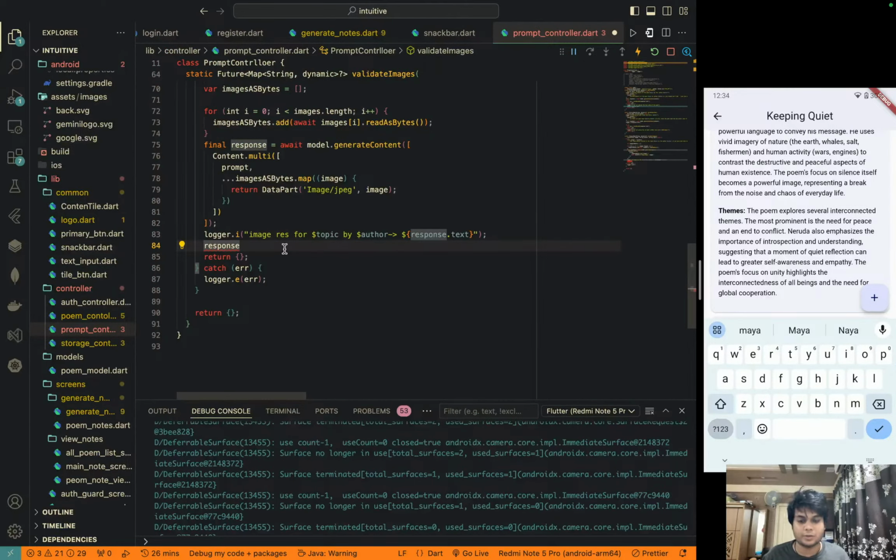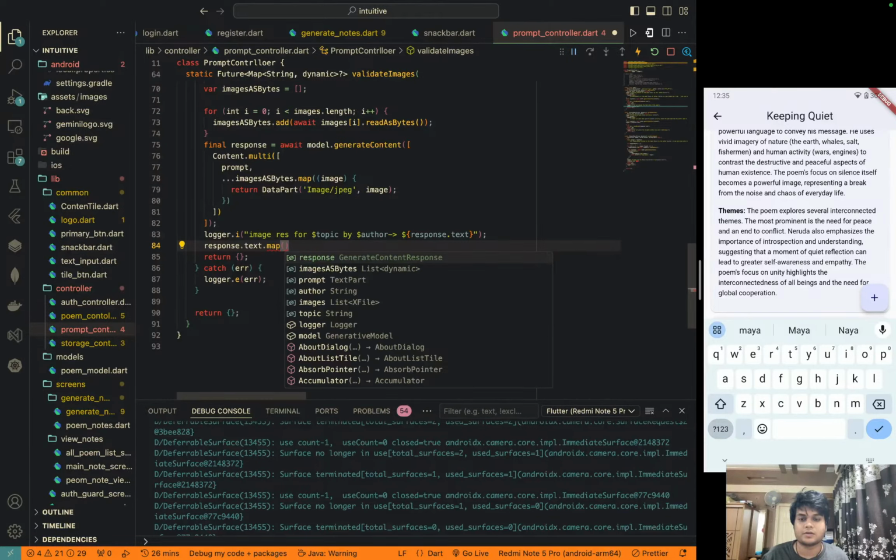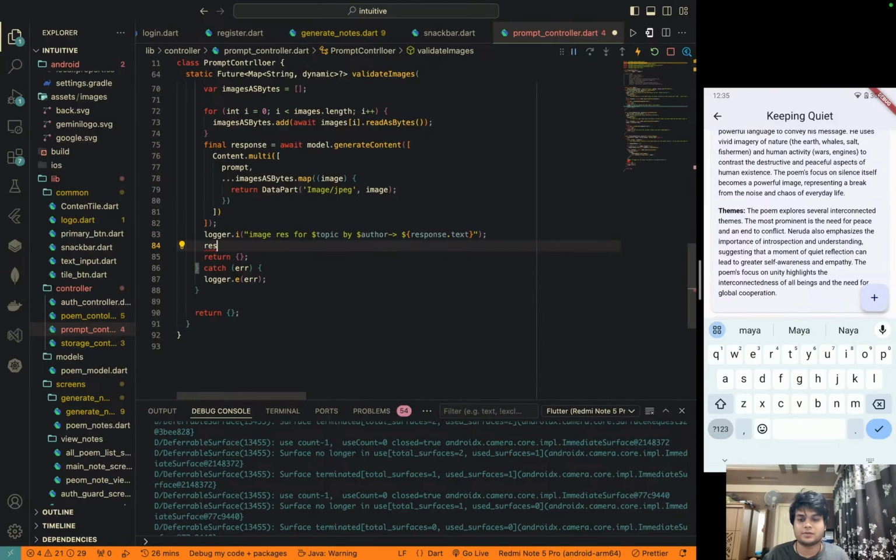I just try to print like this is the first. It's an array, right? Map. Can we map it? No. Or text. Can we do this? We need to map it. Can we map? No. What we can do is